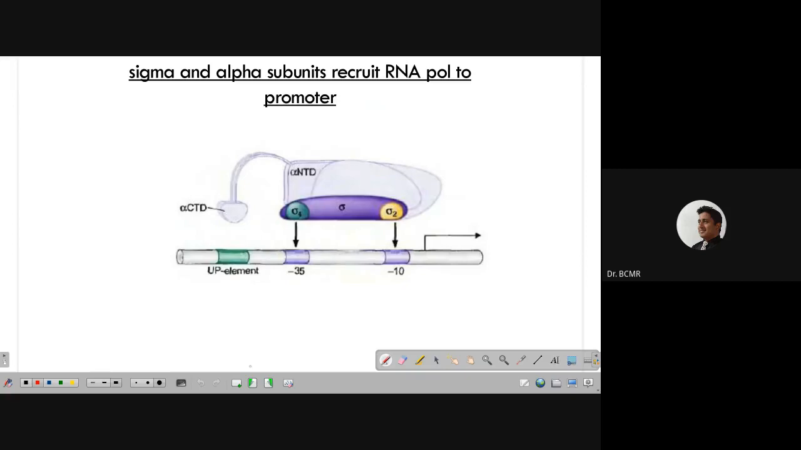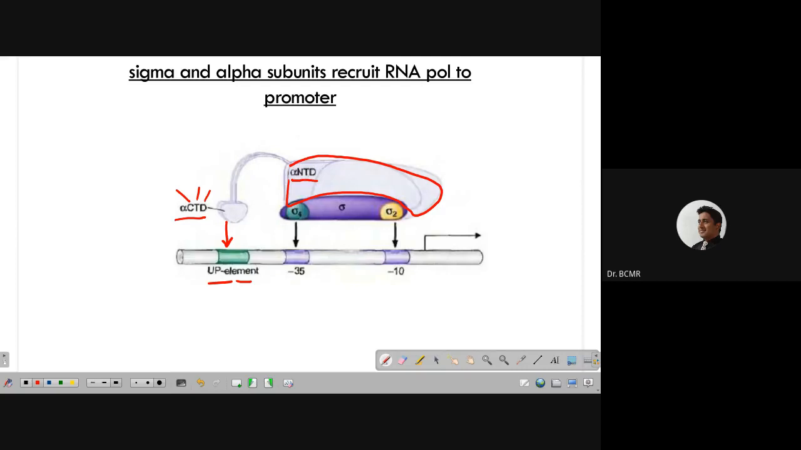So you can think of this as a part. All this part shown upwards is the RNA polymerase. It has alpha CTD. It's the alpha subunit carboxylic terminal domain. That is what interacts with the upstream element or UP element. Here you have